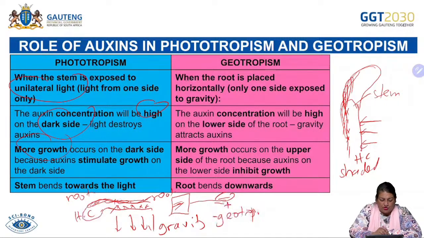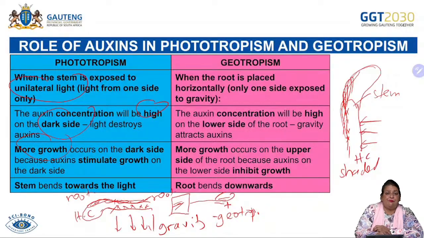And here you can see it. When the root is placed horizontally, you see like it fell down, then only one side is exposed to gravity, this side. The auxin concentration will be high on the lower side, you see, because gravity pulled it down on the lower side. Gravity attracts the auxins. Then there's going to be more growth on the upper side. So in a root, high concentration of auxins inhibits cell division and cell elongation. Growth is slower, but where there's a lower concentration on the opposite side of the root, on the upper end of the root, then cell division and cell elongation will be faster, and the root will bend and grow down